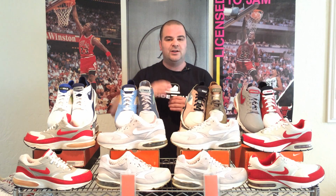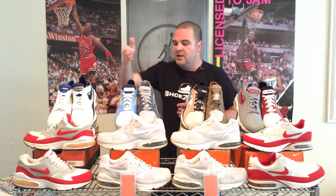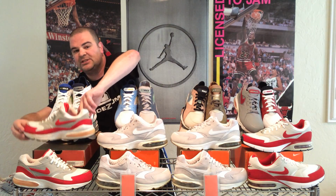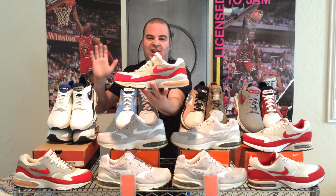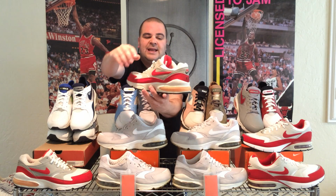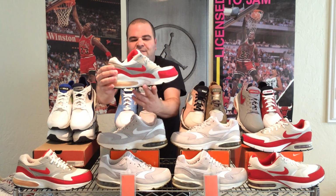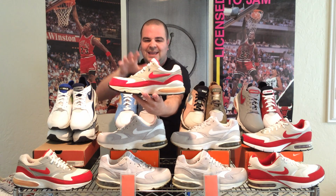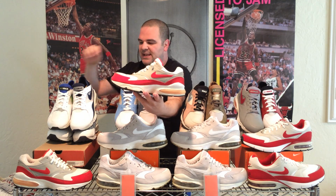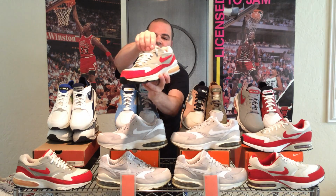Let's move on 1 year later to 1994 and check out this pair of Air Bursts. When this shoe first released in 94, it was actually just called the Air Max 1994. It's going to have the same big visible air window as the Air Max 93. But one thing that Nike did with the Air Burst is ditch this neoprene Huarache-like tongue, and we have a